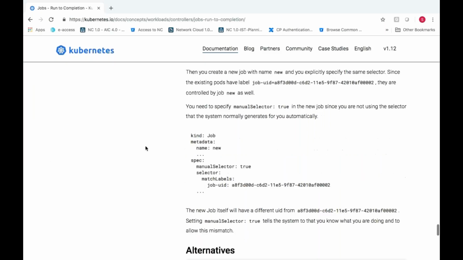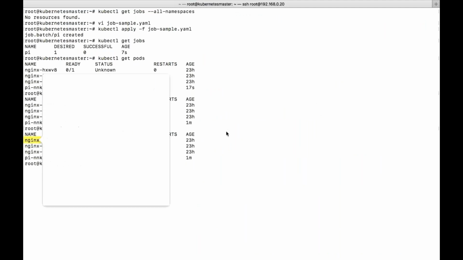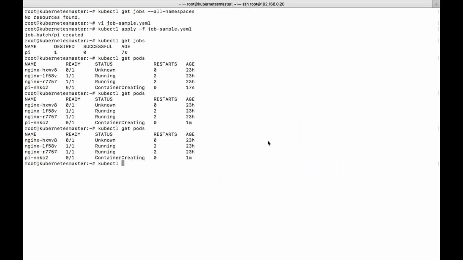It is still in the creation process. Now let us see kubectl logs. Oh, it's waiting to start. Still waiting to start. Bad request.